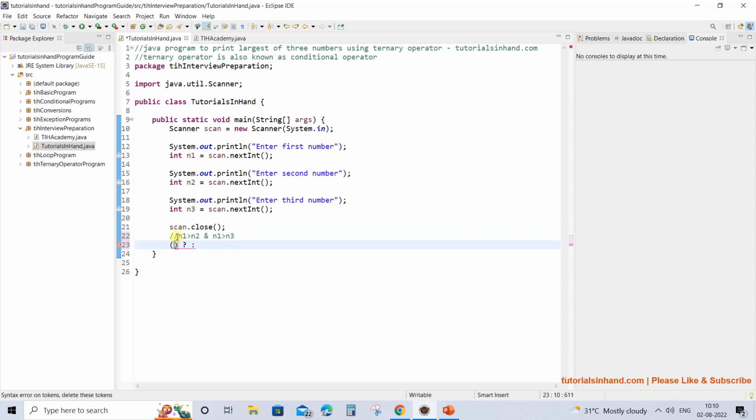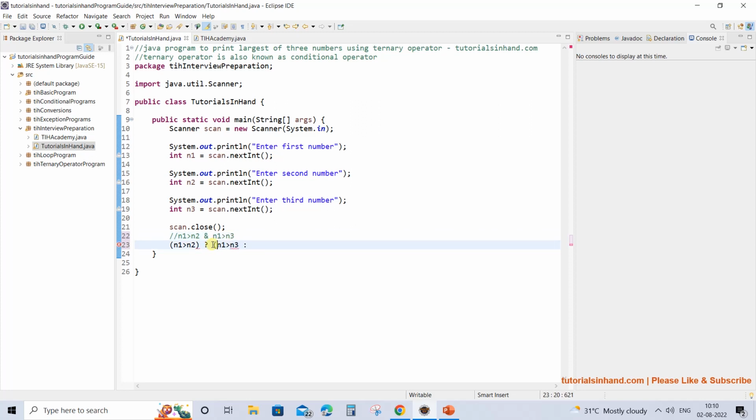Now how we can check is, let's have n1 greater than n2 as a condition. Now if n1 is greater than n2, this turns out to be true, then what are we going to do? We have to again compare whether n1 is greater than n3 or not. In the ternary operator, we check n1 greater than n2, and if this turns out to be true, the statement after the question mark is going to get executed. So we are considering that it is true. Now we will again check whether n1 is greater than n3, so we will replace it with n1 greater than n3.